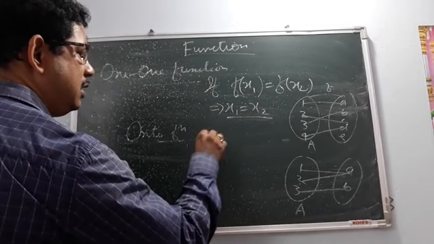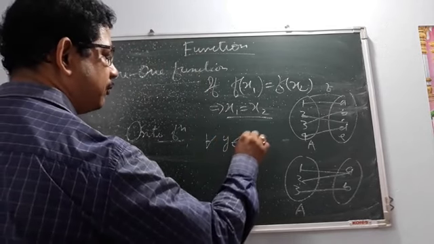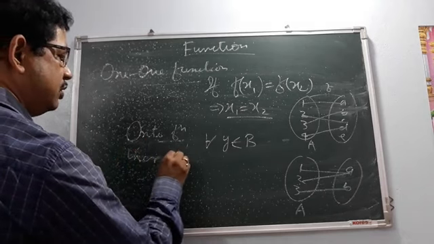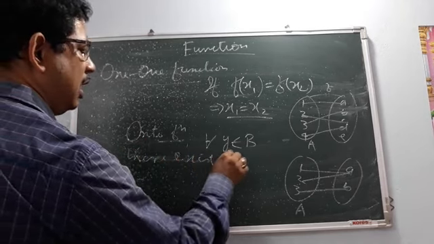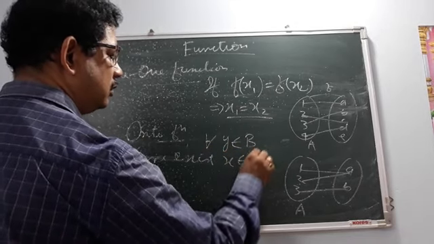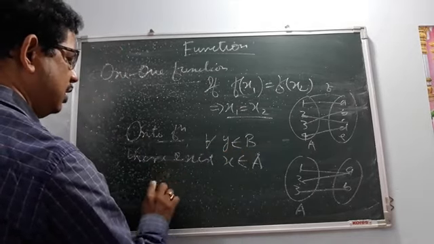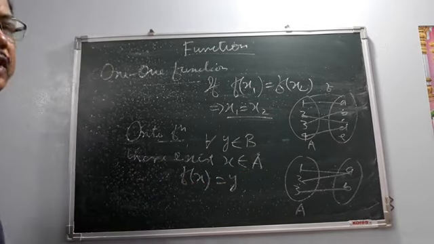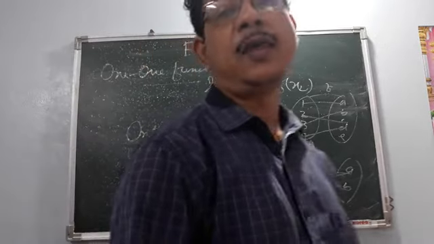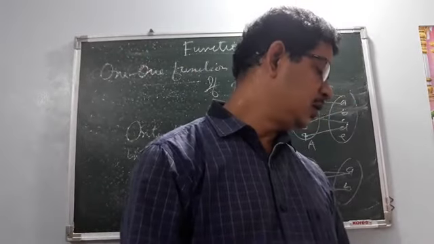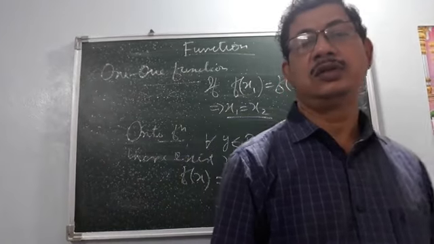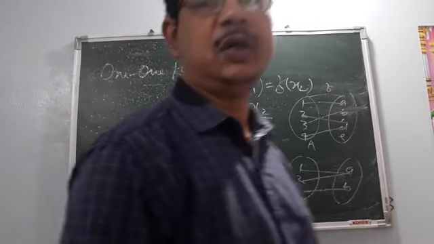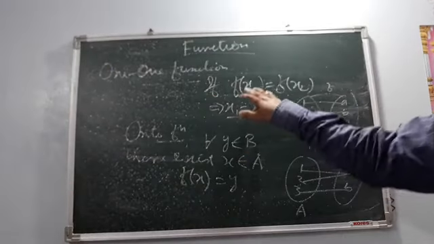For any y belongs to B, if there exists x belongs to A such that f(x) equal to y, then it is onto. It is just a definition. When we do the sums, then it will be clearer. So this way we will start our next exercise in the next class. I expect all of you have learned it. It is just one, that if f(x1) is equal to f(x2)